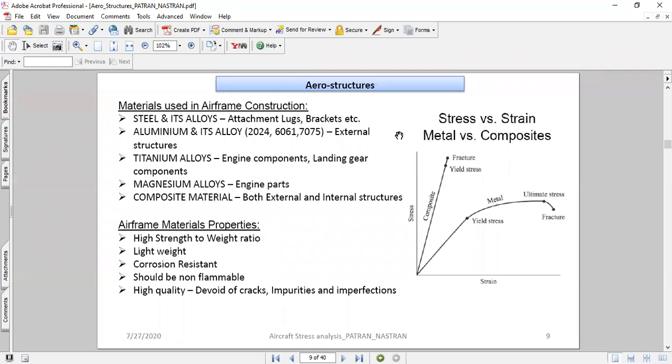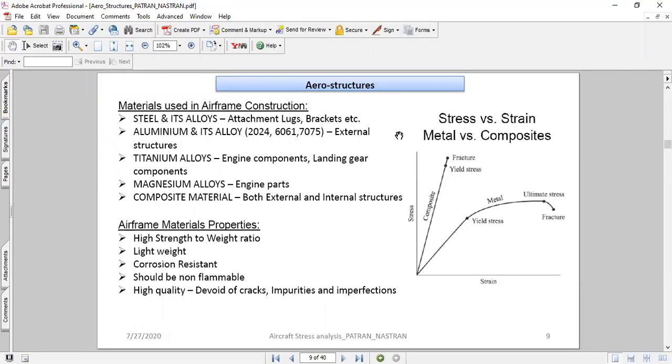I do come across steel and its alloys on a few of the attachments, such as within the cabin structure, the aircraft interior structure, on the seat rail, on a few attachment points, where very high loading has to pass through from a galley monument. That could be steel, but other than that, they are mostly aluminum. Titanium and magnesium are mainly engine and landing gear parts.